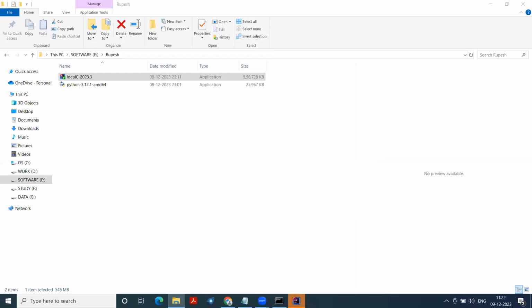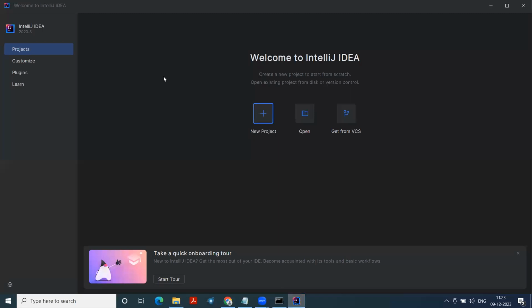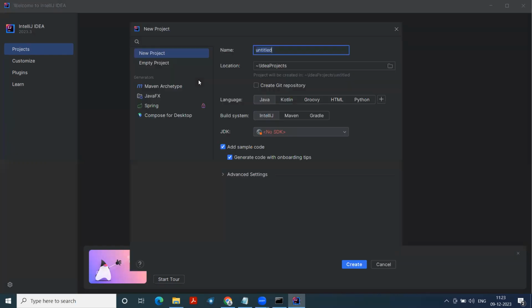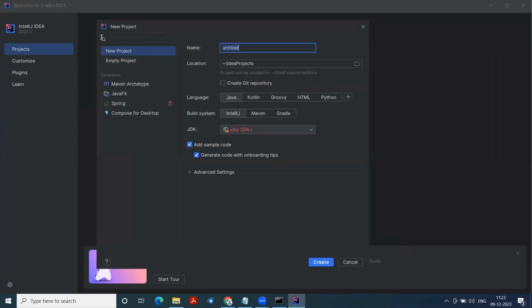See, now it is starting up, and in the taskbar you can see that the pop-up has already come. If you click on it, the window will appear here. Now we have installed Python from the marketplace. Now in projects, you have to click on new project. Once you click on new project, another window will appear. You can create multiple projects over here. I will show you how to create one and we will name this project one. Keep the location as it is, and in language, instead of Java,